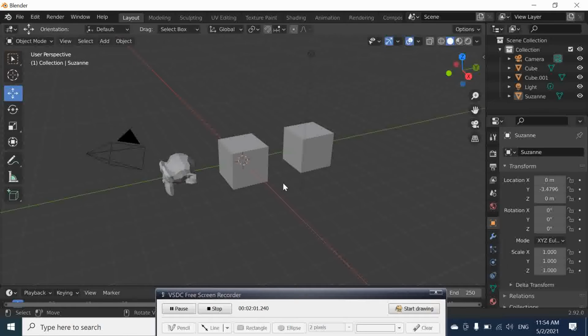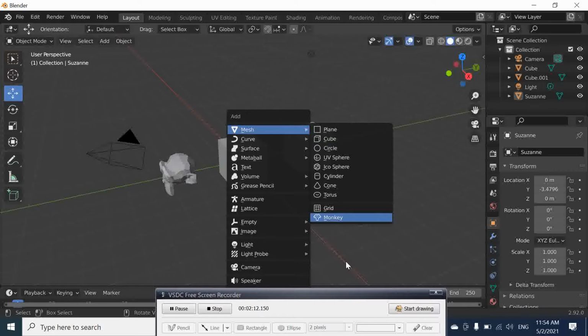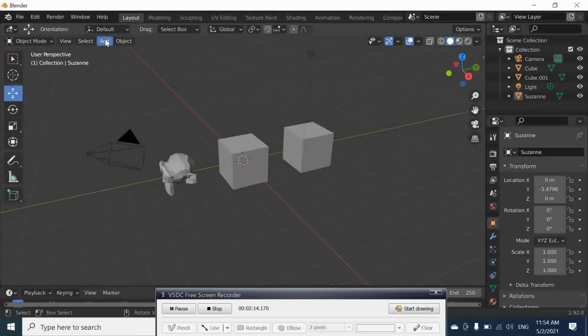You can also press Shift A to bring up this Add menu for adding objects. You can either go here, or you can use the shortcut Shift A to do the same.